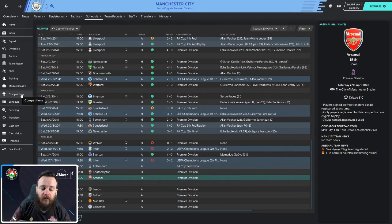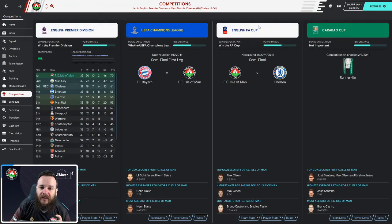Before we get to those Premier Division games though, we do have the opportunity to get through to the English FA Cup final. We are out, of course, runners-up in the Carabao Cup to Chelsea. This is a little bit of a revenge mission. Previously in the FA Cup as well, we've been rotating our side quite a bit, playing a backup lineup. We're not going to do that today. We're going to go a little bit stronger. We're going to really try and go after it in this game, and we're going to hopefully get ourselves the first booking in a final for Friday's last game of the week, or last episode of the series in its